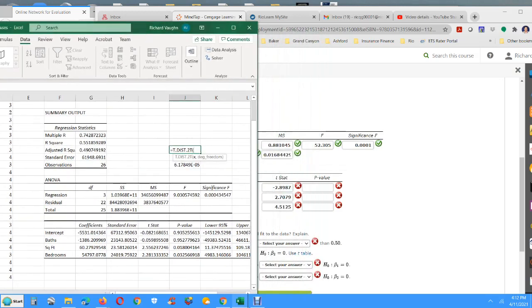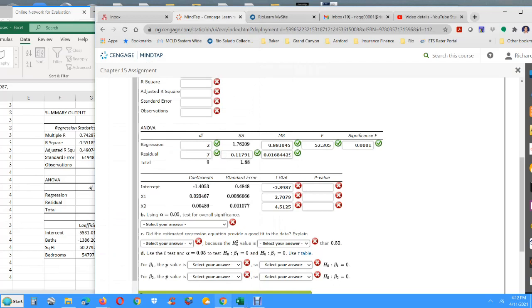Let's start with the first one, negative 2.8987. And the degrees of freedom here is, I